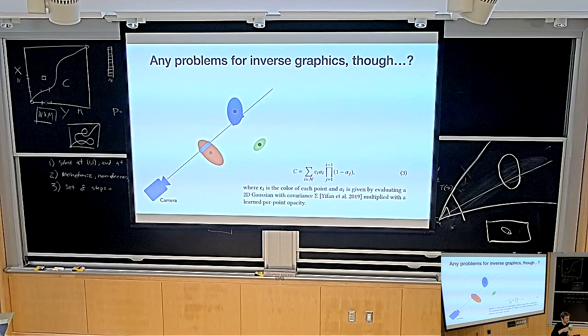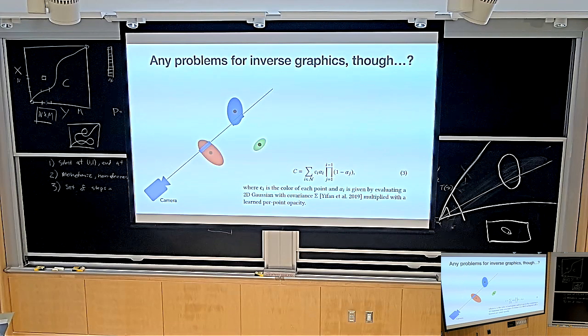Exactly. So I give you 1,000 images. Each of the images has camera parameters. You take your scene, which is parameterized by 1,000 Gaussians that are floating in space. You don't know anything about the scene yet, so you randomly initialize them, right? And now, because this renderer is differentiable, you just code it up in PyTorch. That's not actually what you do. You code it up in CUDA because it has to be really fast. And then you just press go, and your Adam optimizer is going to optimize the parameters of each of the Gaussians to fit the pixels that you have observed in the images. And then you just run the algorithm.